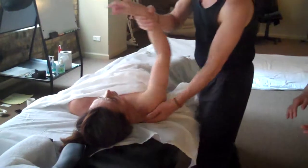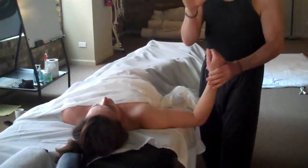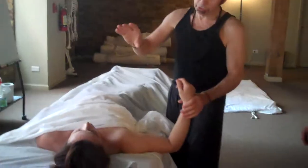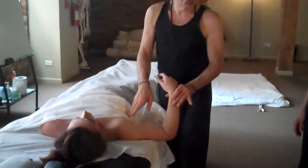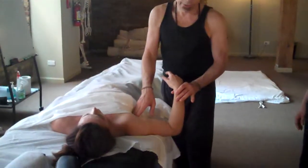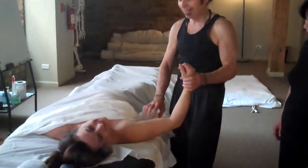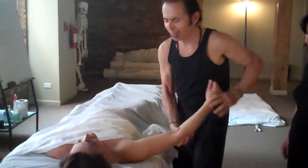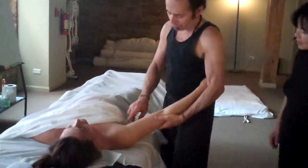Okay. Now, just to do some general warming of pec major, pec minor, but also because of releasing the shoulder girdle, you should address subscapularis. It's hard. But here, pec major, like this, so open